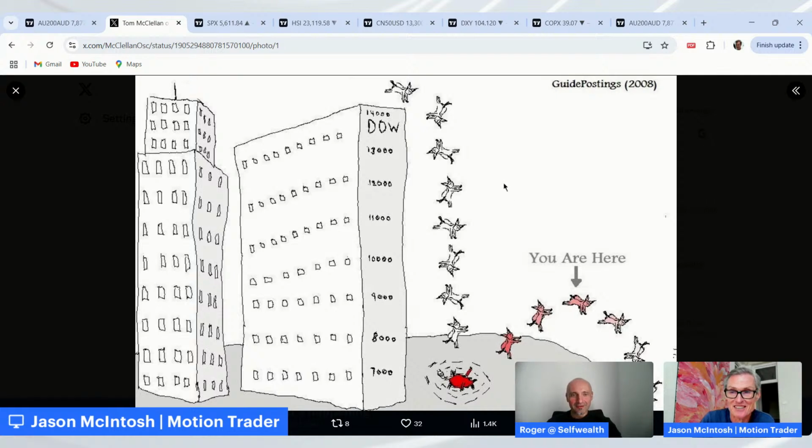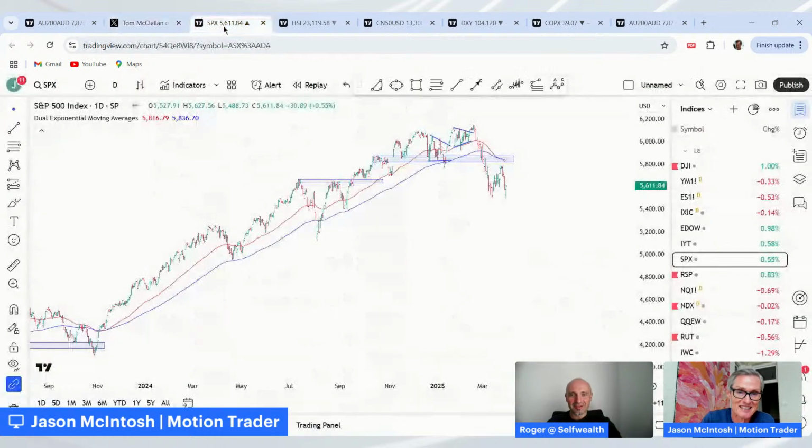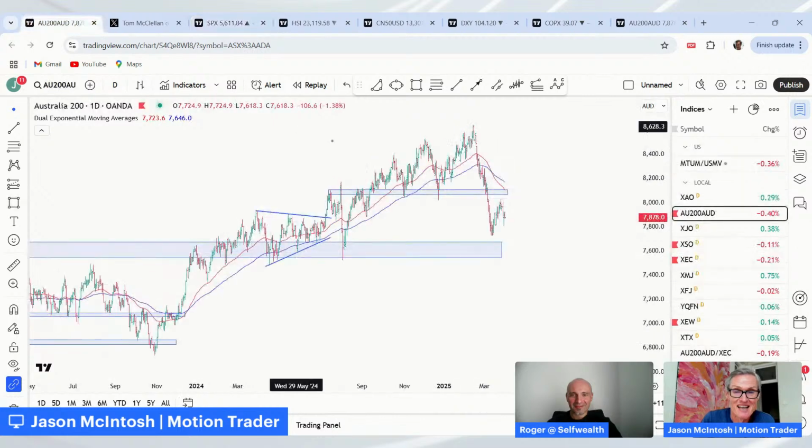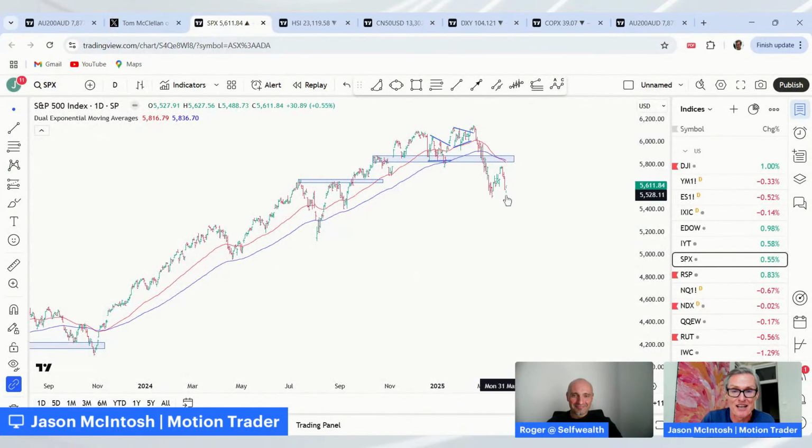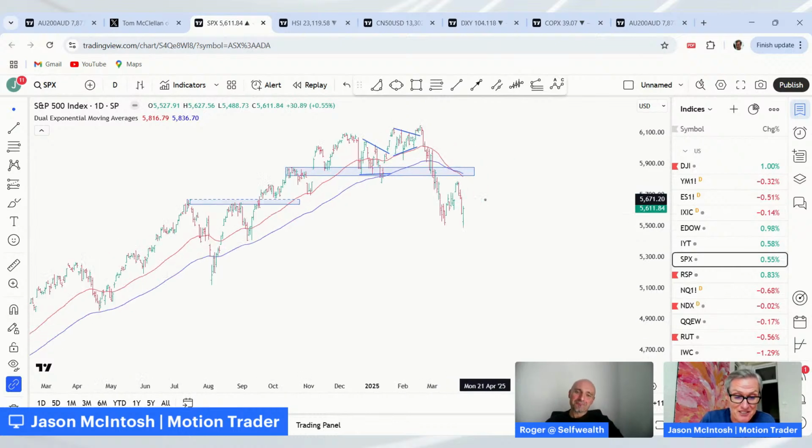Yeah, well, it looks a bit like what's happening now on the ASX, and I'm pretty sure it's the same with the US chart. Let's have a look at those ones. There we go. Well, look, there you can see there's our cartoon, and here's the actual price action. There's quite a good likeness, isn't there? Yeah. So this is really interesting.